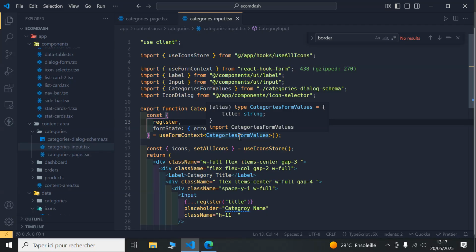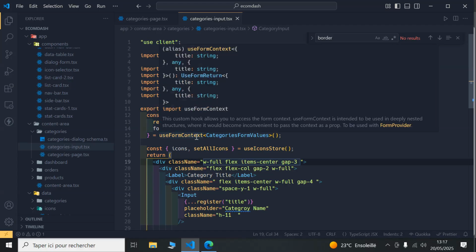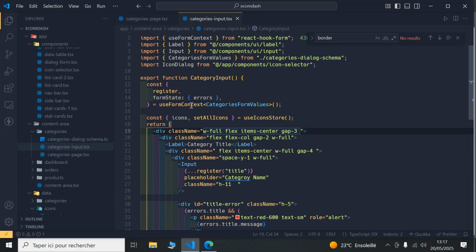So we're going to use this category or categories form value. And here we can access the register and the errors inside the form state. And the register, we're going to use it inside the input. And if I do this with the IntelliSense, I can only access the title because this is what we're having inside the categories form